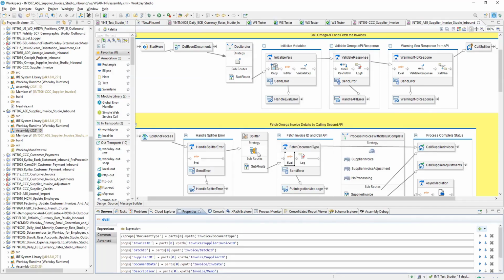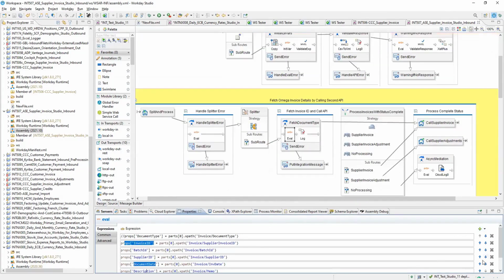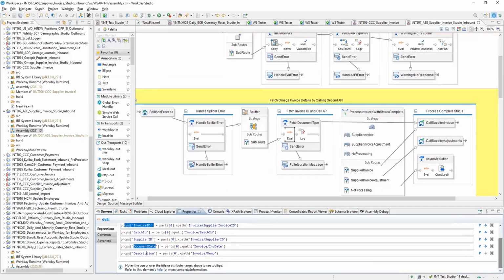What eval is doing is, because your splitter will now give you each fragment of XML one by one, so if there are 30, it will give one by one each. So what I'm doing now is storing my variables: invoice ID, batch ID, supplier ID, date, description, whatever is there in the XML. I'm just storing them in a variable.